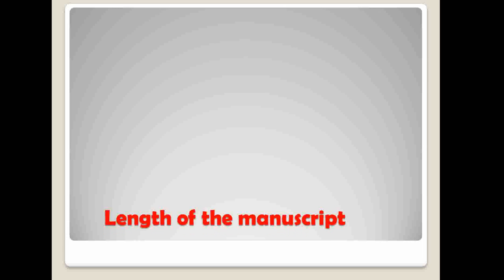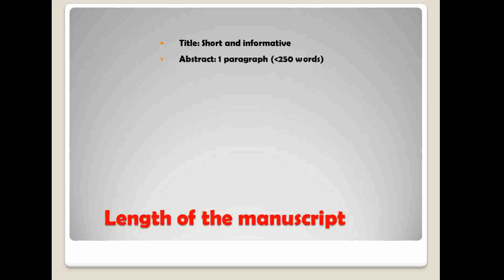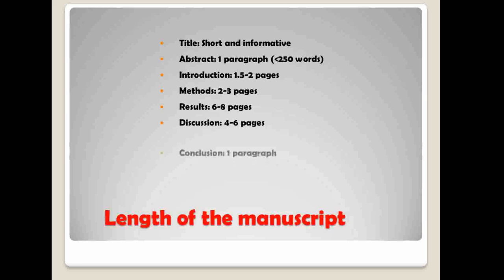Next is basically the length of the article. Title should be short and informative, and abstract should be less than 250 words, about a paragraph, and introduction would be about 1.5 to 2 pages. Next comes the methods that would cover 2 to 3 pages. Then results that may cover 6 to 8 pages, and 4 to 6 pages for the discussion, 1 paragraph